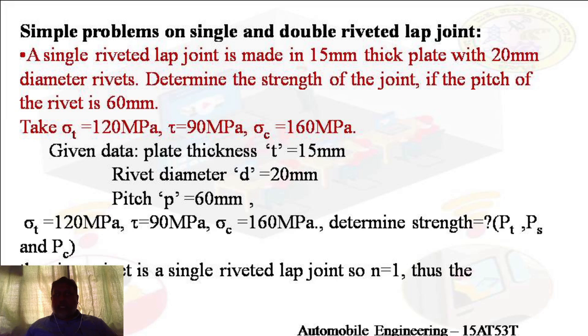identical to what is there in our data handbook. When the matter comes under double shear, we have to just multiply by twice. Clear? So it is very important to understand what type of joint is given, whether it is a lap joint or a butt joint. If it is a lap joint, we write it as a lap joint, and then you see what type of rivets, single or double, he has mentioned. Here he has mentioned single rivet, so I have written n is equal to 1. That is very useful in the coming